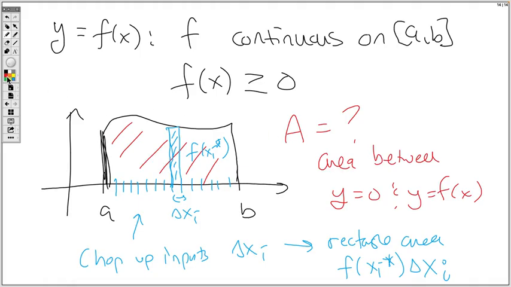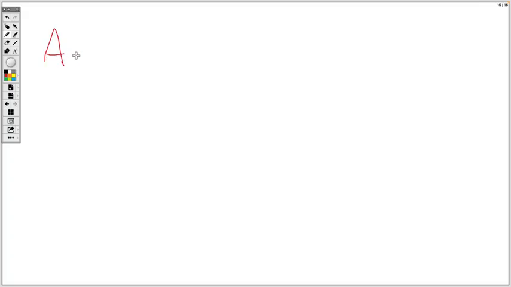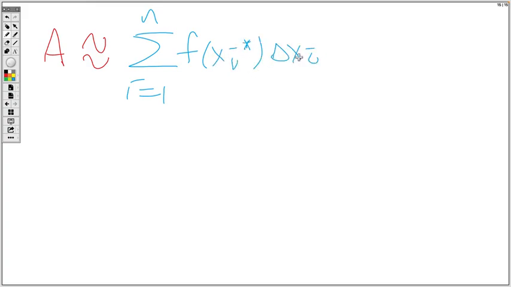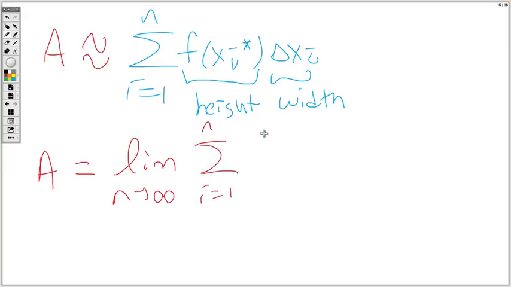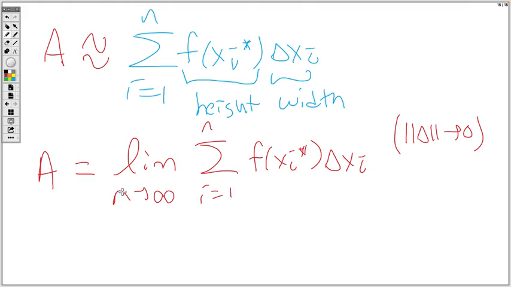And so the area that I wanted was approximately equal to the sum of the areas of these rectangles. Well, once again, we had the height of the rectangle times the width of the rectangle. And how did we get the actual value of this? We took a limit as n went to where? Infinity. That's assuming the delta x's went to 0. And then what popped out, of course, was our friend the definite integral,